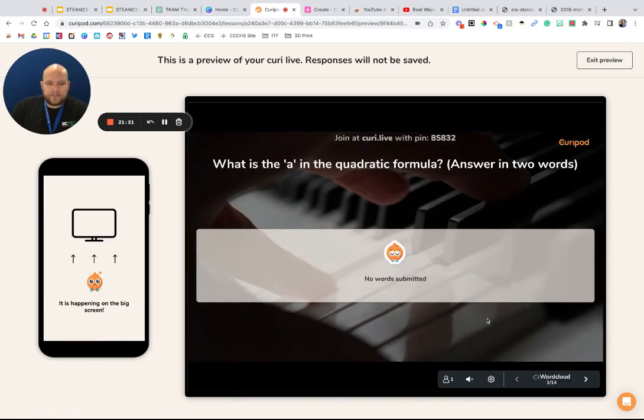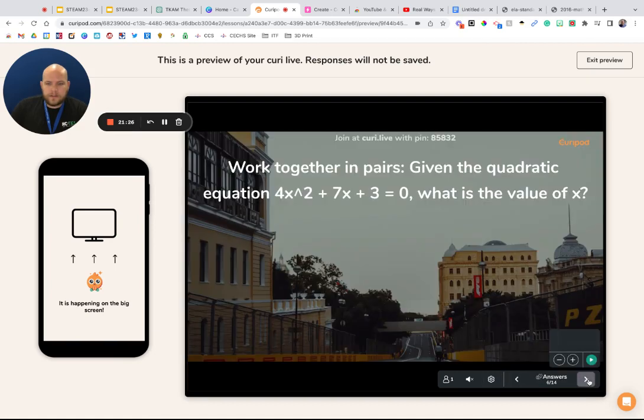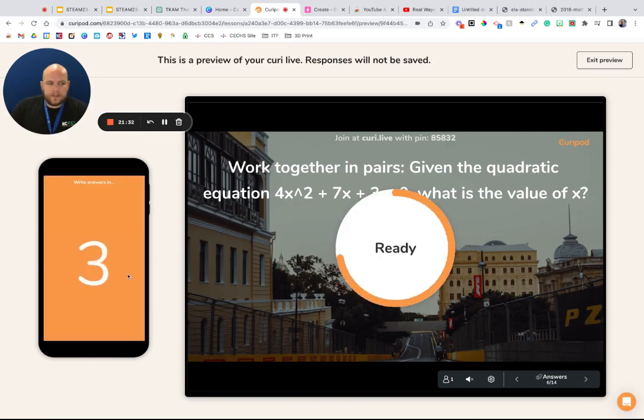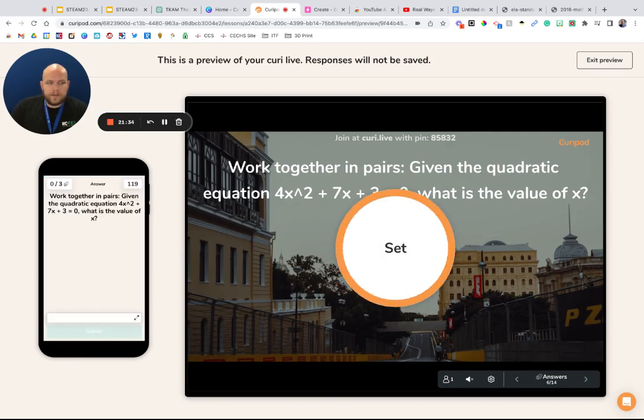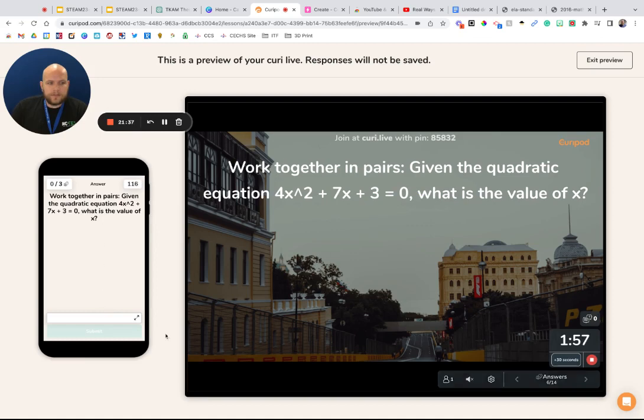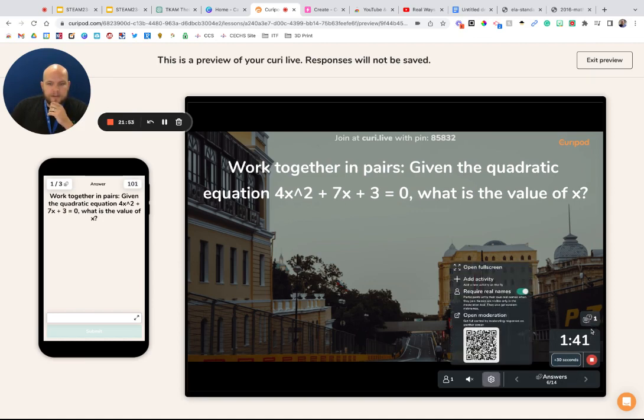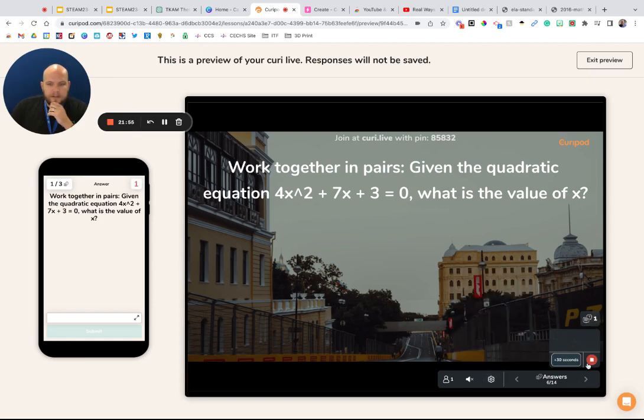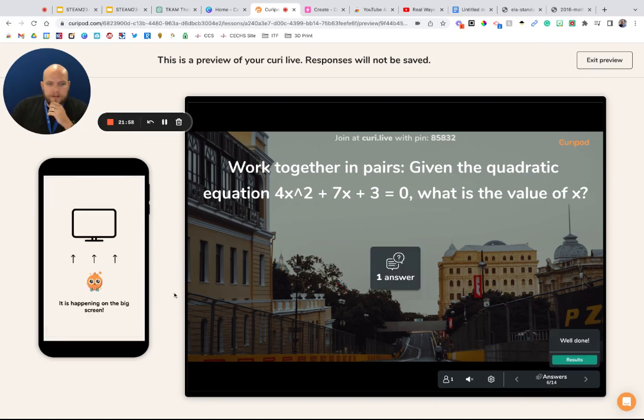So if I go here and go to a new lesson, let's find one. You can see here it adjusts. I hit the play button. They get a countdown. So they get the question here. They can type in their answer, click submit. If you look here, I have a timer that's going that will automatically turn everybody's responses off. And then once I am done, I've already got an answer up here. We can click stop. Gives them a countdown here.